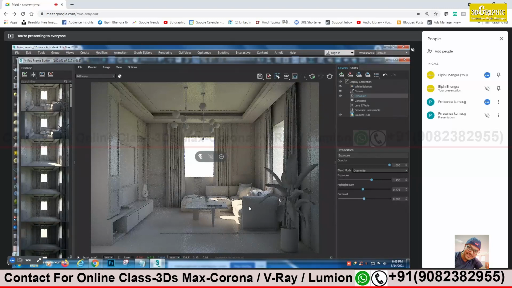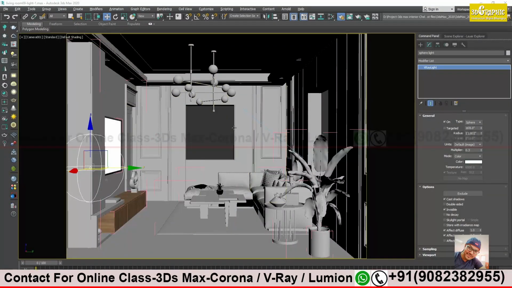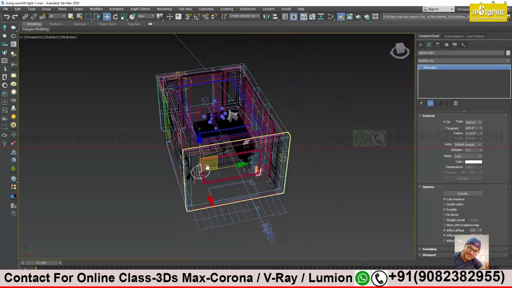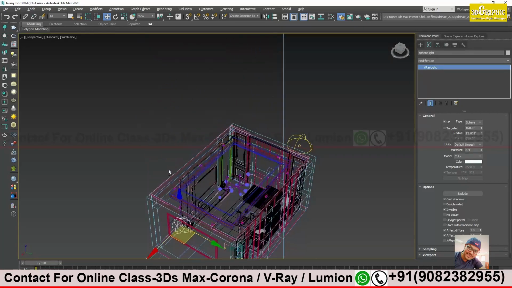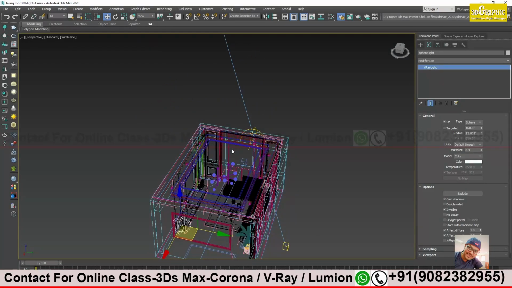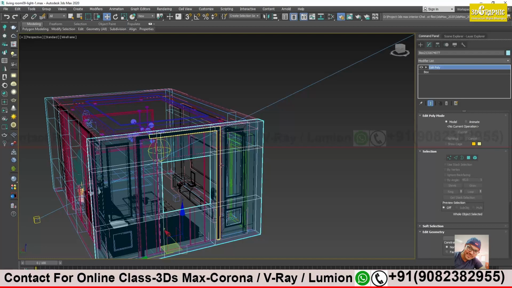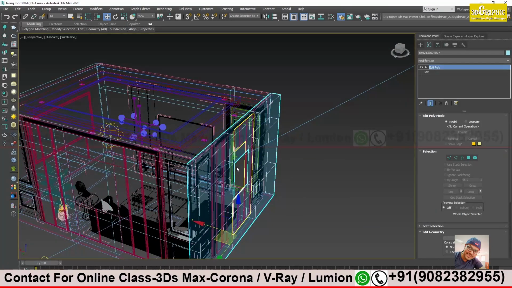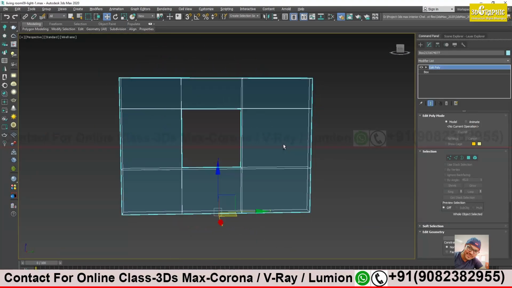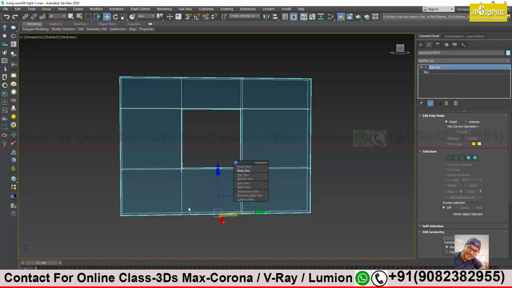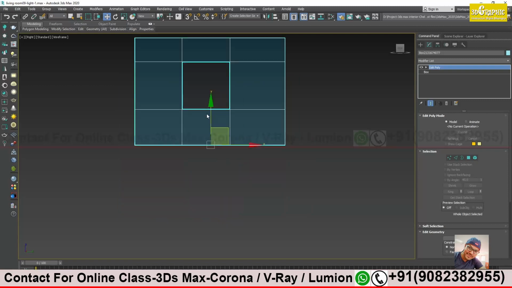So let's continue. I will show you a step that is optional, not needed to be done every time. In some cases, if it's required, we can use it. The window opening will of course let the maximum amount of light enter our room. So let's take this window, this wall. I will isolate this and create a light over here. Let's say which view it is, right view, so I will go exactly to my right view.